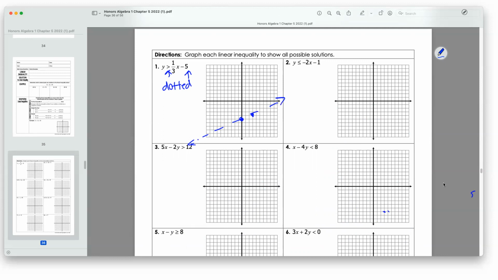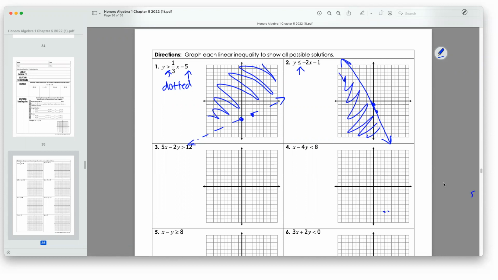The symbol is greater than. That means the solutions to this inequality are anything above the line. So the solution region would be above the line. When I go to do number 2, and I start at -1, and I go down 2 over 1 to get to the next point, I realize two things. Number 1, less than or equal to means it's a solid line. So when I connect these points, I'm going to connect them with a solid line. And I also notice anything less than or equal to is anything below it. So looking at this line, anything below the line would be the